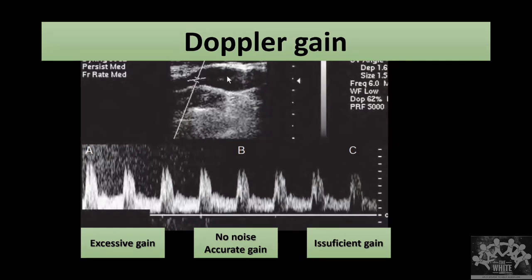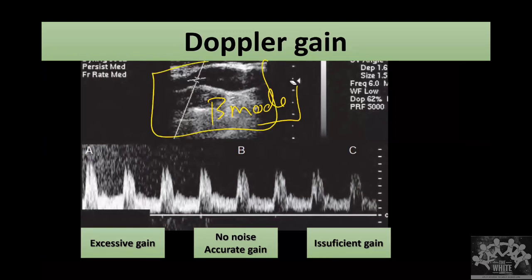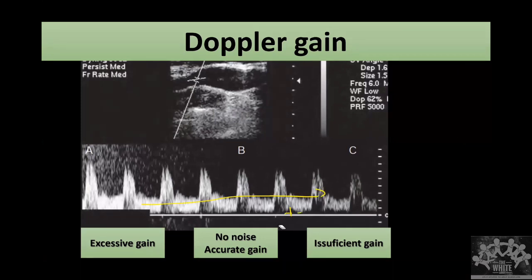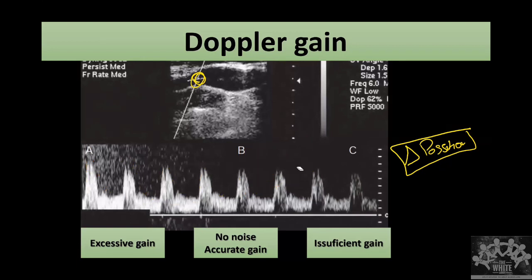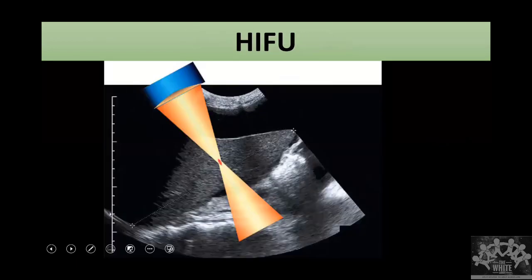See, this is a B mode image. In this B mode image, I selected an area where I want to see the flow. This is with respect to time, the same as M mode. I'm measuring from one part of the vessel how much is the change in the frequency. In M mode, I was measuring the change in the position. Here I am measuring the change in the frequency. That's how I see the Doppler.